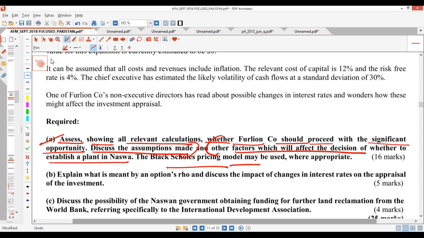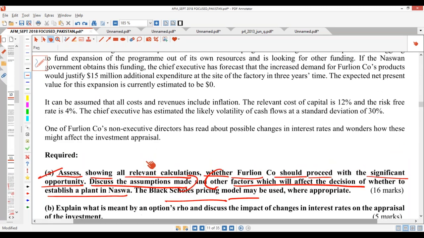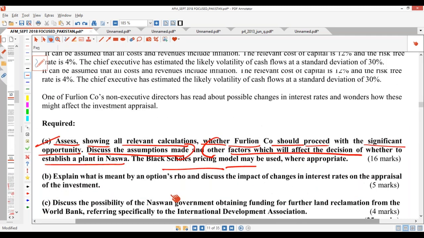Let's do part A. Is that okay? Let's just do part A. Part B and part C, you can figure out yourself. Nothing much there. Okay. Now,